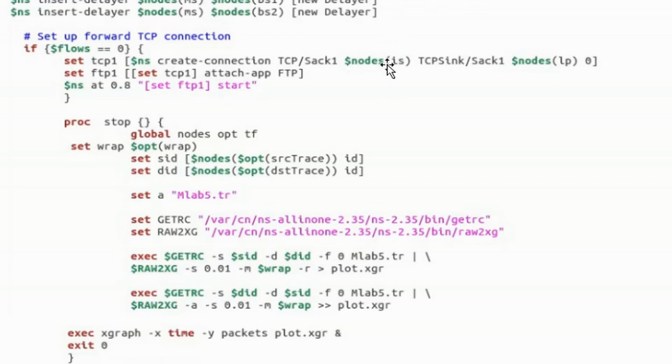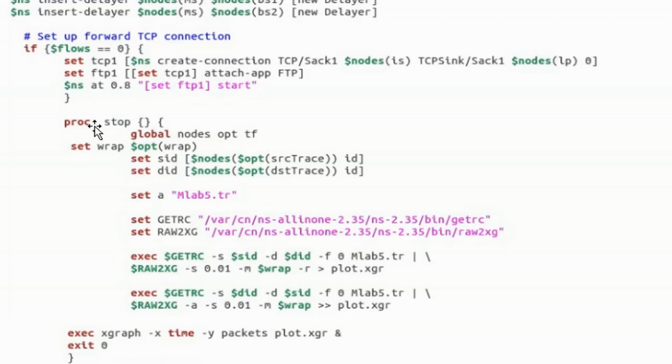IS is nothing but the initial sender and last point, sender and receiver, and I am also attaching file transfer protocol to this particular FTP. That means now my TCP connection is done. I am using a selective acknowledgement TCP connection here, and I have also attached the FTP. Next, ns at 0.8, set FTP1 start. That means I'm starting the traffic at time 0.8. So that's it, I'm done with this if condition.